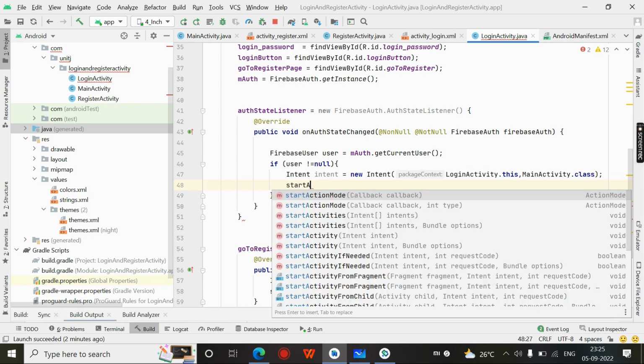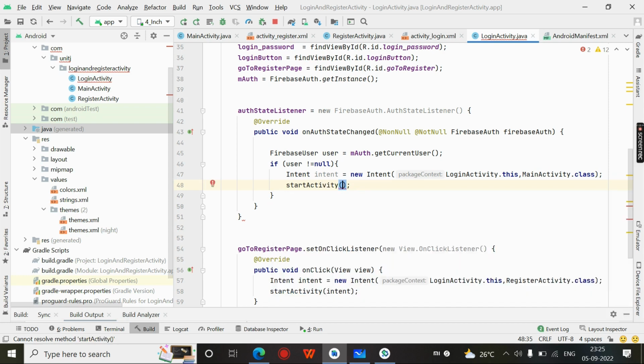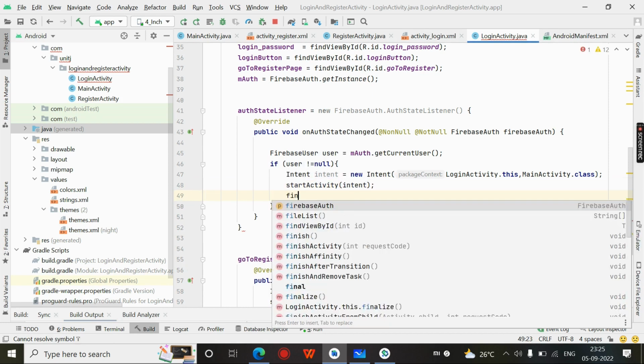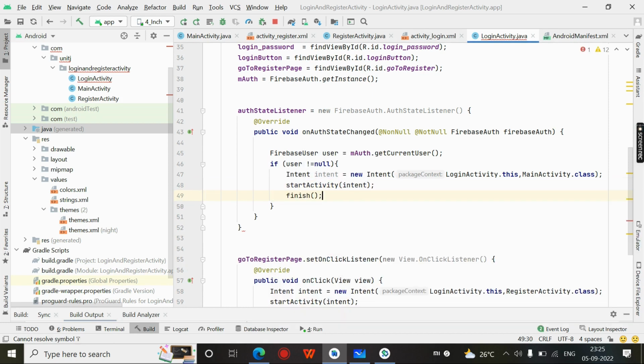startActivity(intent), then we need to finish the activity. We don't need to go back to the login activity, so this is not appropriate. Yeah, this error is gone. Now check. Now we are moving to the